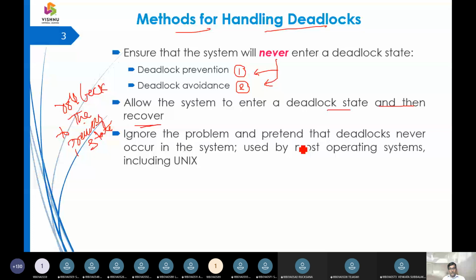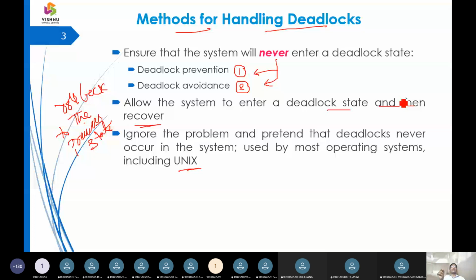Unix operating system. So in general, in a Windows operating system, if there is a hang up situation, you open 2 or more tasks simultaneously and the system is hanged. What is the first step you do? Control Alt Del. Then you open the task manager. The task manager will display all the processes, and you select the process and delete that process.